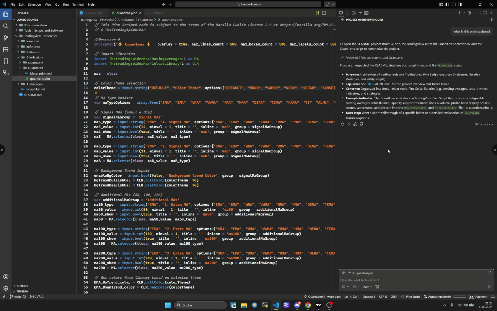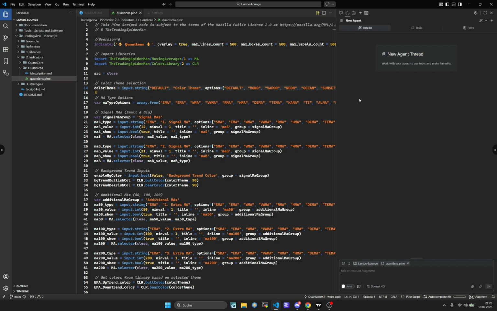So, as you can see, the AI basically grasped the context of my script and gave me the full summarization of it. And it's going to be a great adventure, I would say. So we're going to be creating a lot of indicators with that help. And we're not only going to be using this inbuilt GitHub Copilot chat. I've got something like Augment Code, which is much stronger, but also very expensive. We're going to be looking at free